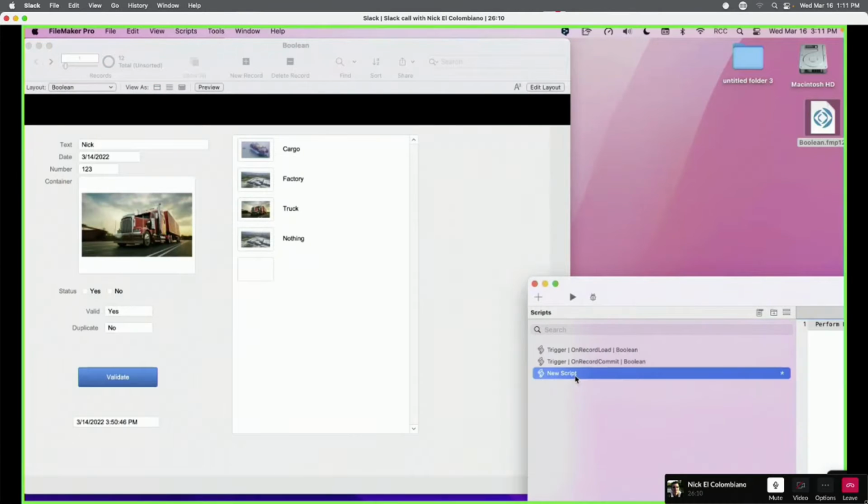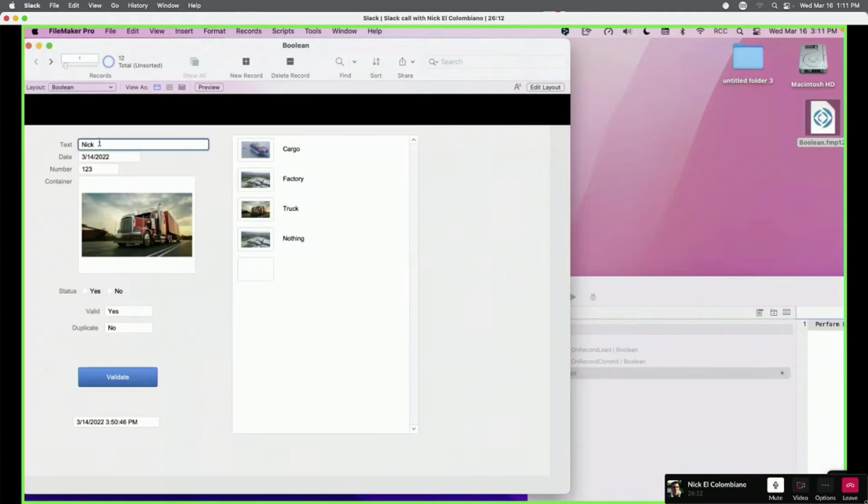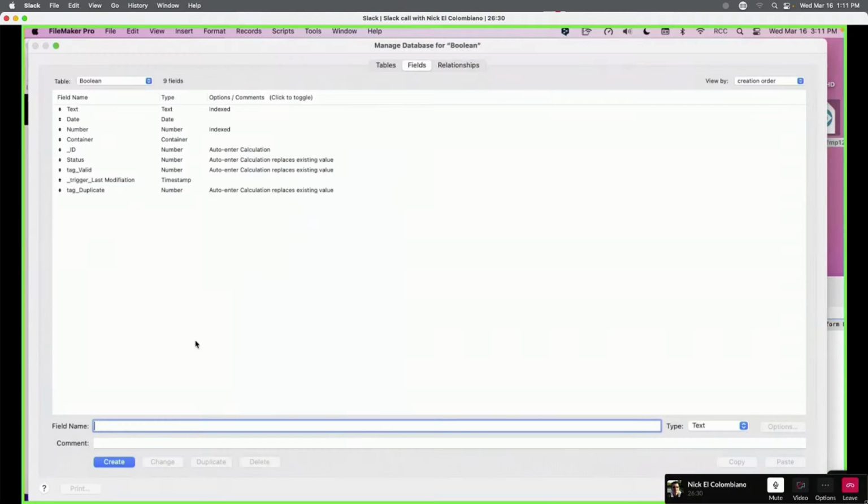So you see what I want to say. I want to say this is Nick. This is superior to a date. A number will be something. Container is not empty. Stuff like that. We want to replace finds, right, with tags. So the first thing,